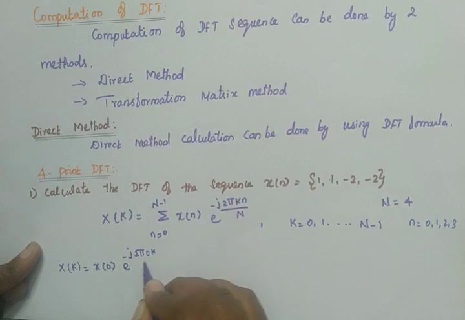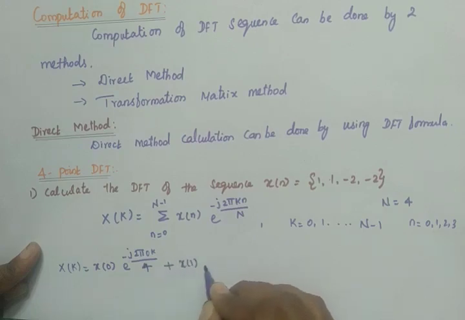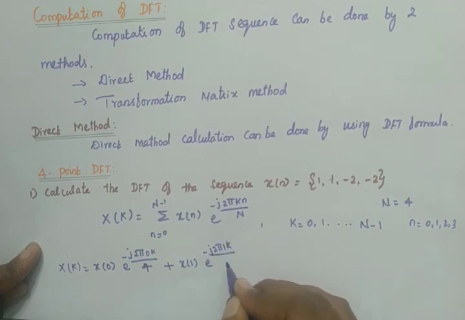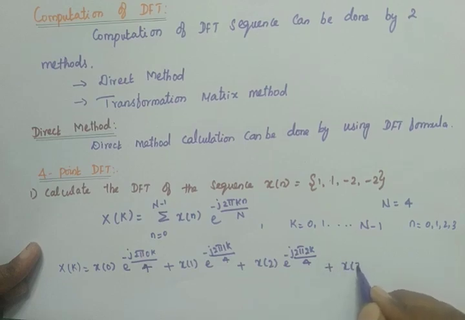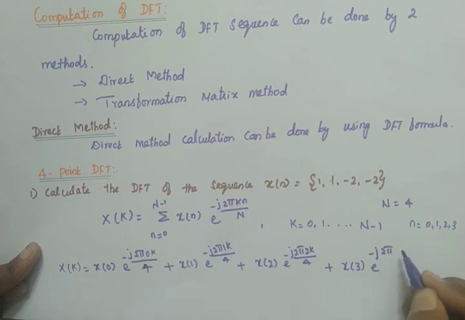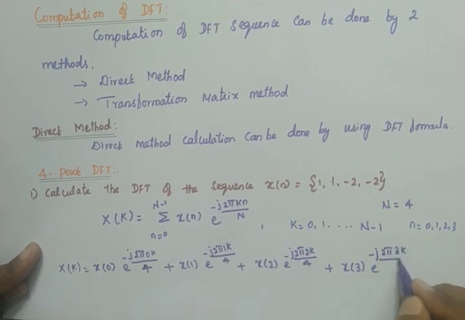So 0 k by N. What is N? We know N is equal to 4 plus x of 1 into e power minus j 2 pi 1 k by 4 plus x of 2 into e power minus j 2 pi 2 k by 4 plus x of 3 into e power minus j 2 pi 3 k by 4,